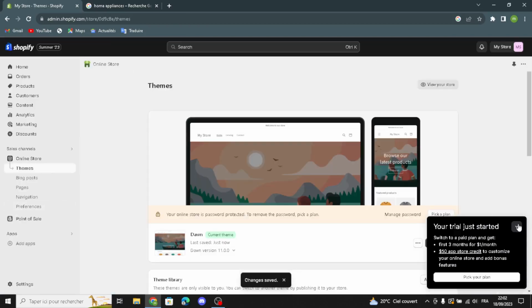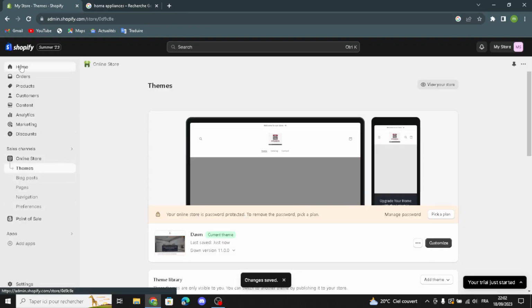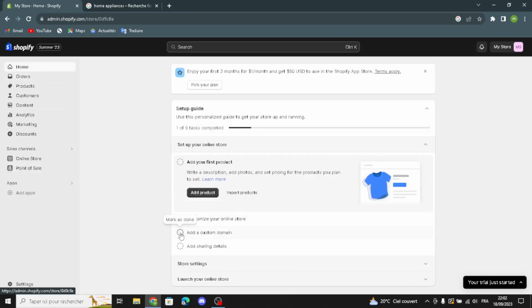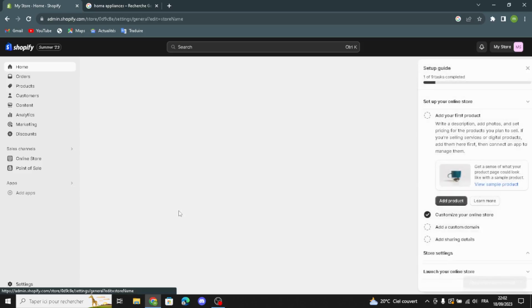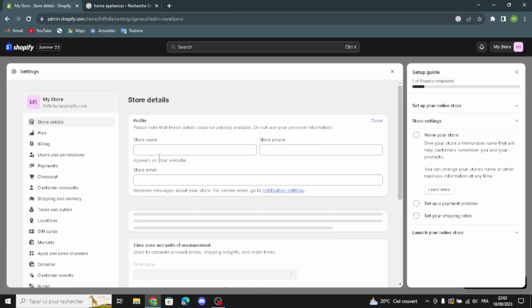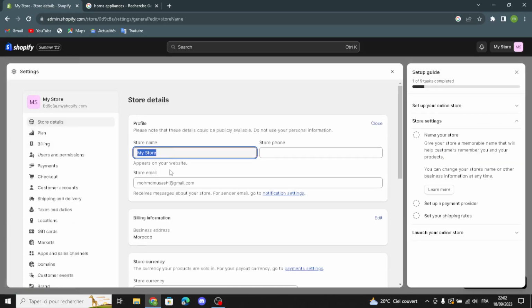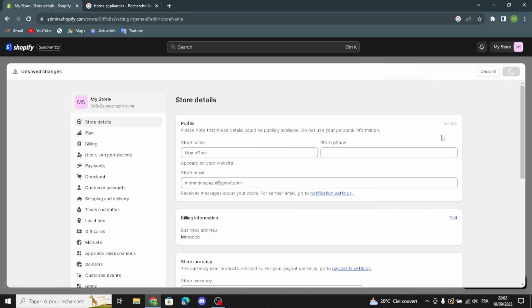For example, now you can name your store. After you add your first product, you can name your store, and after you customize your online store, just go to the store settings and name your store. So type any name you want here. Also here you can add your store phone, you can change your store email. So that's it. Now just let's save this,